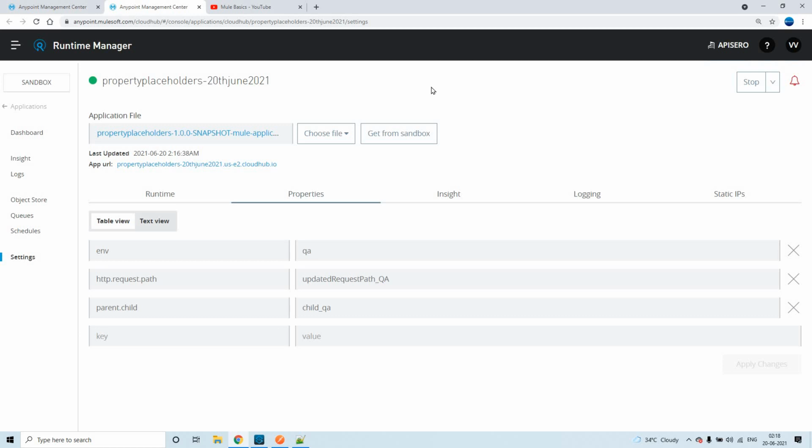That is not possible, right? So instead, we are externalizing these properties in YAML files, and from the Runtime Manager properties, we can override them. So this is about this concept.